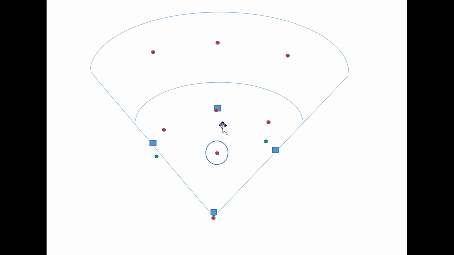skipping into center field. Now, there could be a variation of this. So if I reset this here, to where we actually have the second baseman go to the bag, and very similarly the shortstop would come through, but more than likely